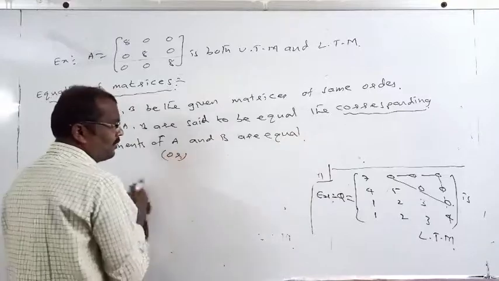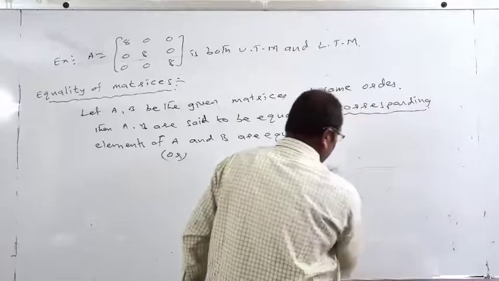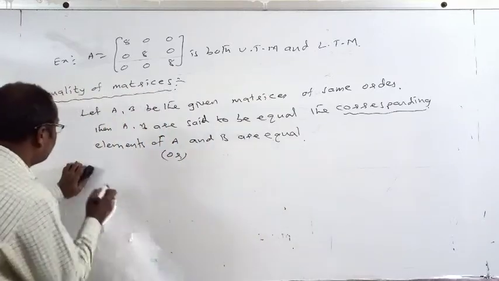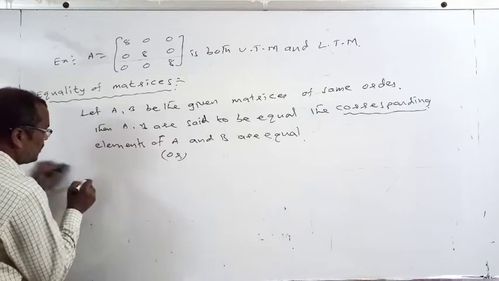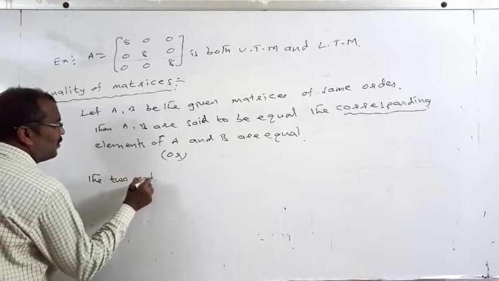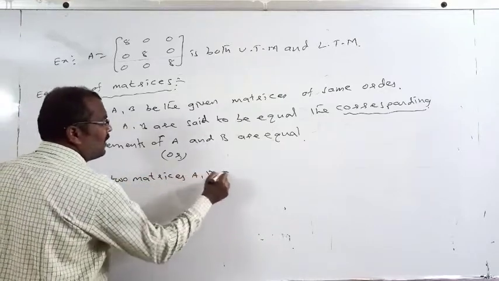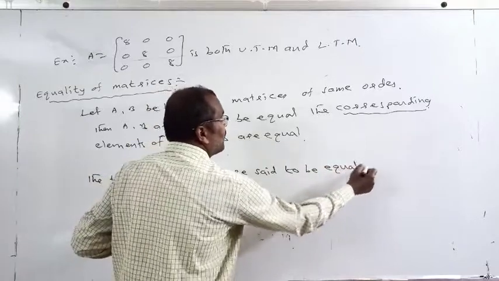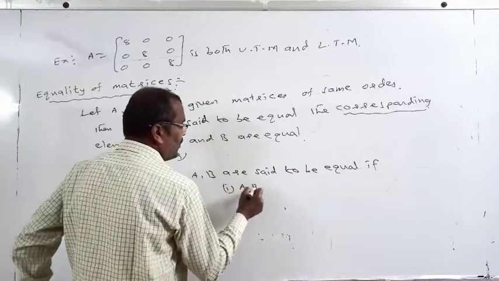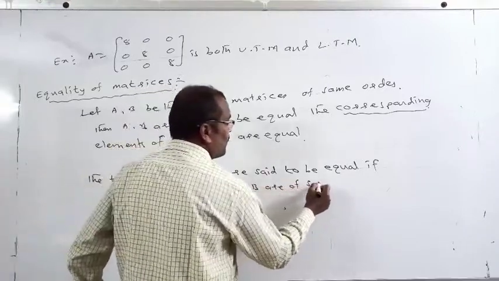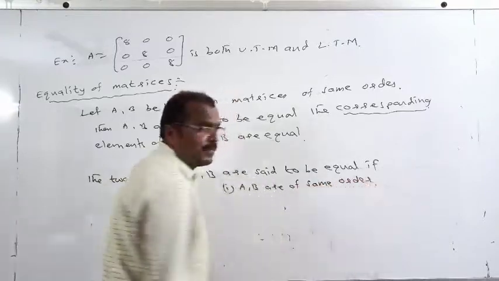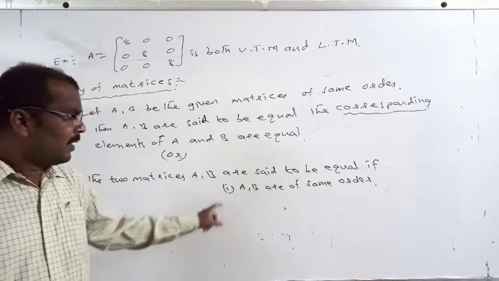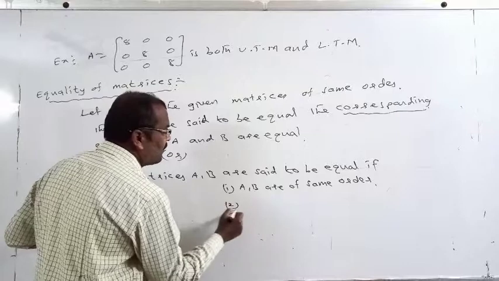Or you may write one more definition for equality of matrices, or in other words, the two matrices A, B are said to be equal if, condition number 1, A and B are of the same order. This is the easy definition, the pair definition. Condition number 2: